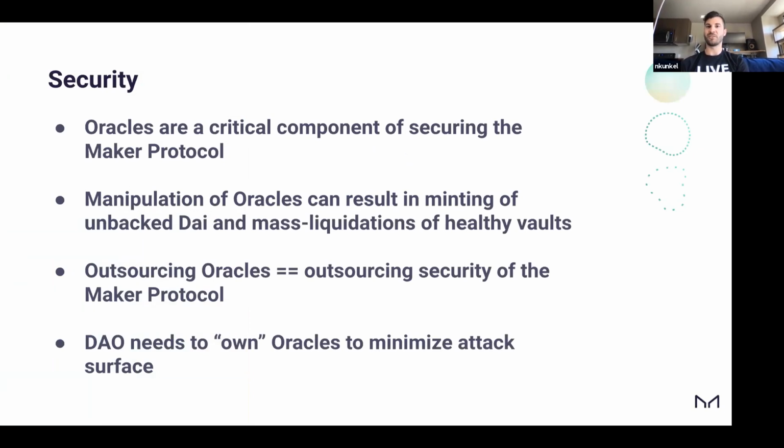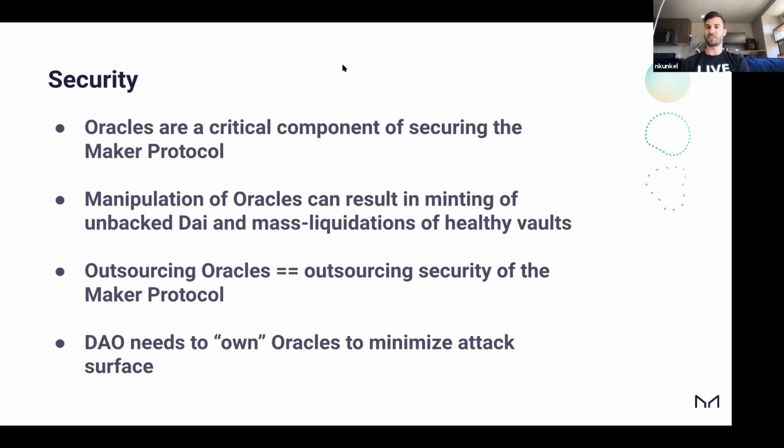So when we talk about whether the Maker protocol is secure, there are certain types of risks. There are smart contract risks, there's integration risks, but oracles are one of those risks that are the Achilles heel, where if something goes wrong with them, there is a critical path that can be intercepted quite quickly to do something naughty, right?